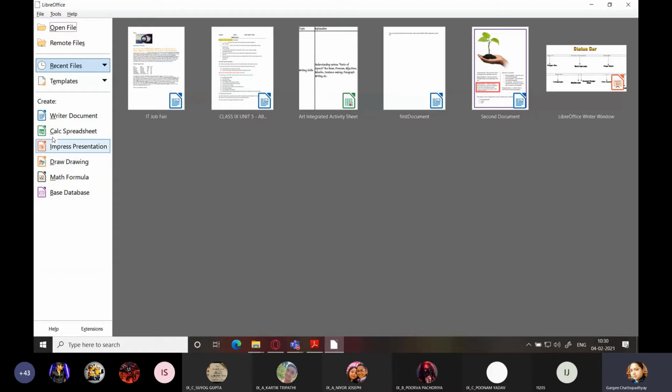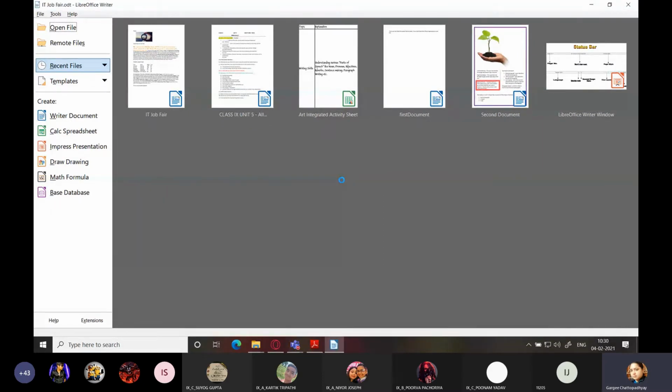LibreOffice provides us a very nice feature that we can jump to any other LibreOffice app from here, whereas this kind of a control panel is not provided in any of the Microsoft products. Okay. So this was the file which I had created. So I'm going to simply click on that and open it.